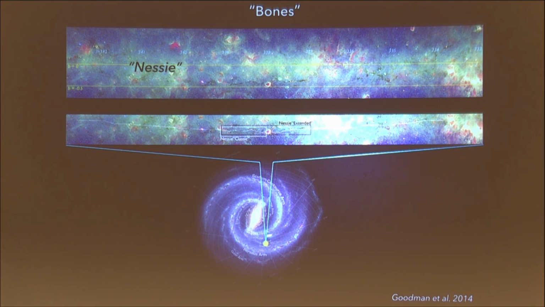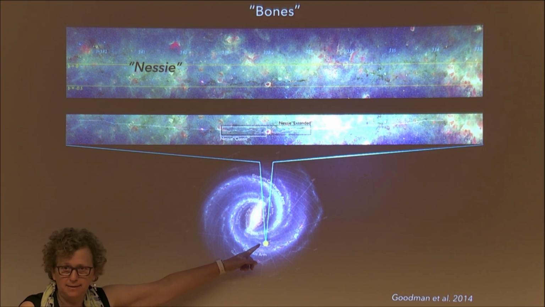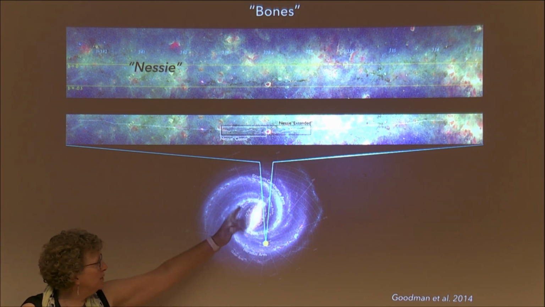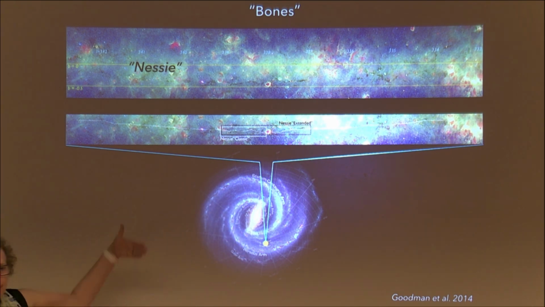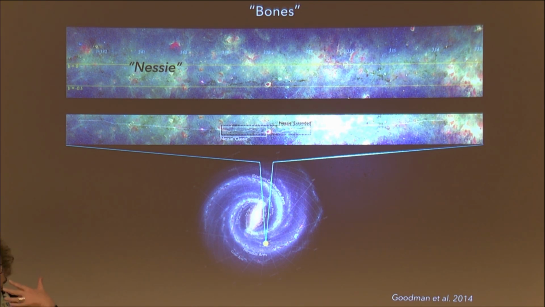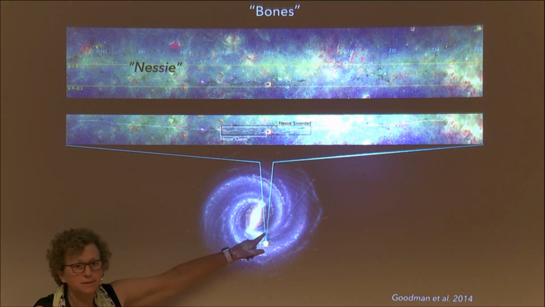And then here, just to show you where it is in the galaxy, so this is a cartoon model of the galaxy that we'll get back to later. The sun is not to scale on this cartoon, okay? But anyway, so that's the sun, and you're looking toward the center of the galaxy, so you have a sort of bright illumination, but slightly off the center of the galaxy, because otherwise you'd be blinded, you wouldn't be able to see it. And so we were very happy that when we found this, you know, here it goes right there. It's in the Scutum Centaurus arm.